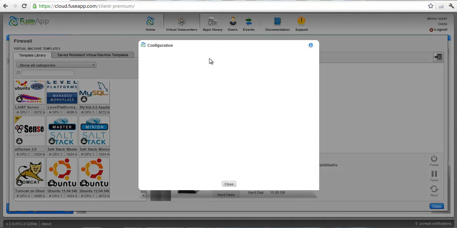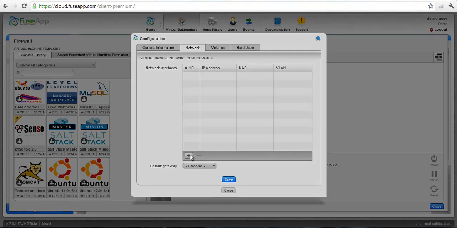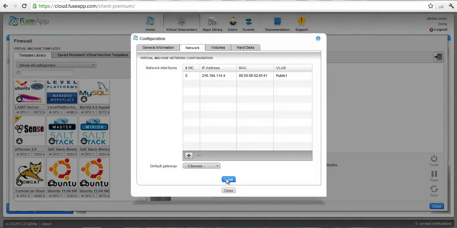And from here, you can click on Network. We'll get the network set up for the firewall. We'll go ahead and remove the internal address and the internal default gateway. And then we will add a public IP address from our virtual data center. Click Accept, hit Save, and now we'll be able to choose our default gateway from our public range and click